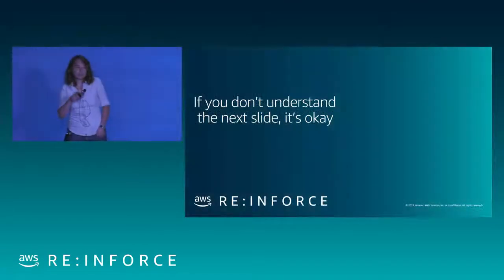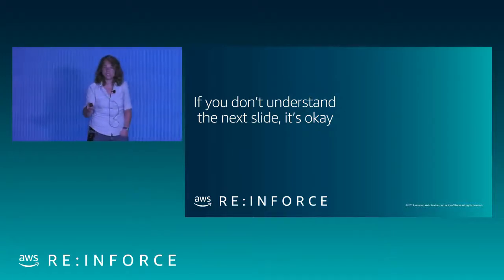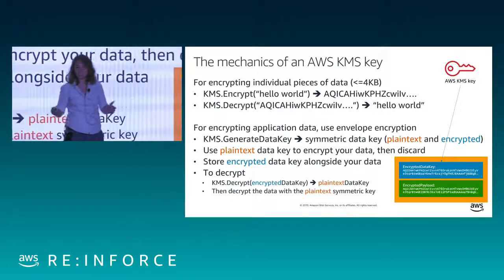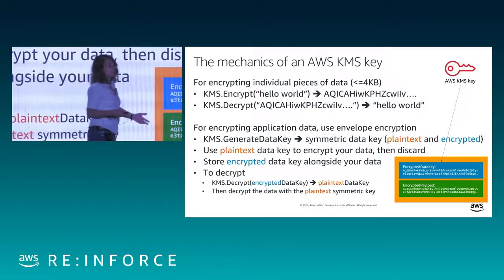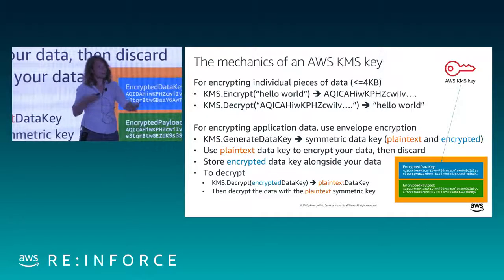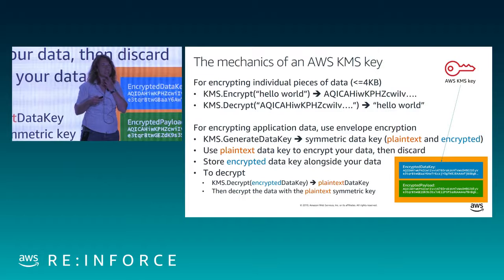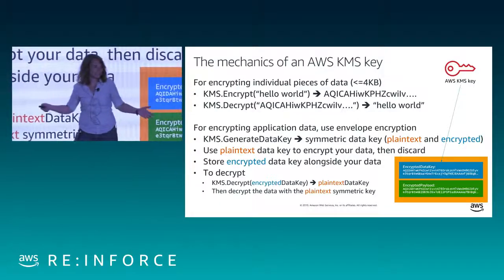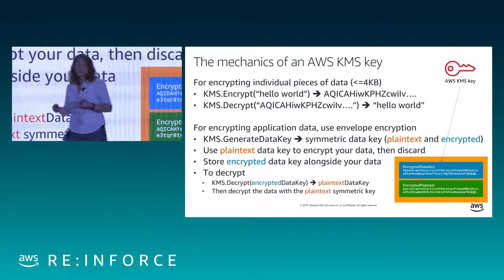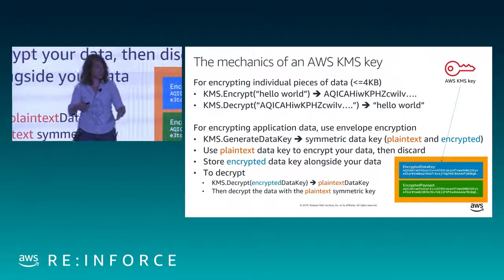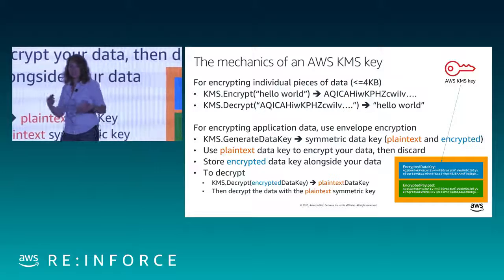Oh yeah, a little bit about how KMS works. You can tune out the next slide if you don't want a bunch of fiddly crypto stuff, but KMS has these two APIs, encrypt and decrypt. They can be used to encrypt up to 4K. Now you might be thinking, unless you're building the next Twitter or something, you might have chunks of data that are bigger than 4K, right? And again, we offer client SDKs. If you're doing this yourself, you often don't have to do the heavy lifting. We'll help you with that.